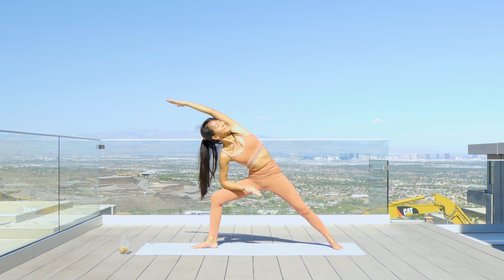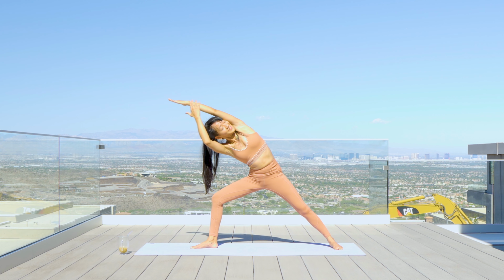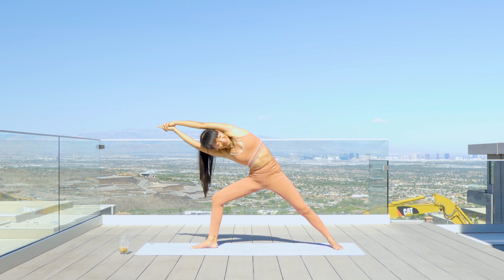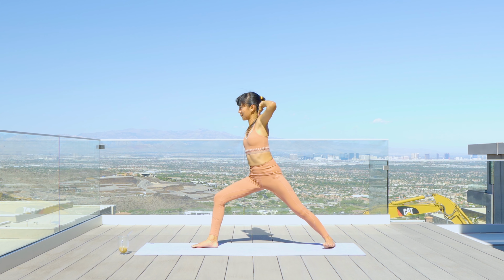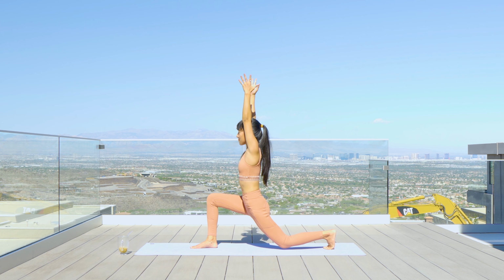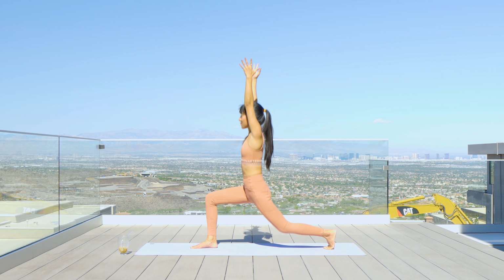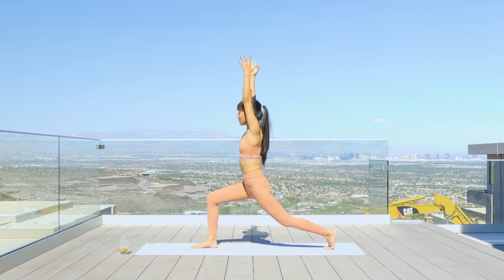Your right elbow can be placed on your right knee or thigh. And I like my right hand to feel my left side body here. Interlace both of your hands and feel the side stretch. Now you're going to place your hands behind your neck as you pivot the back foot, coming to a high lunge. Raise your hands up, drop your left knee down for 1, for 2, last one for 3, and now